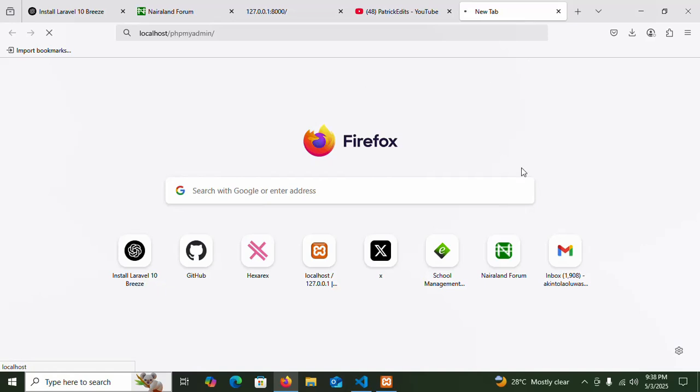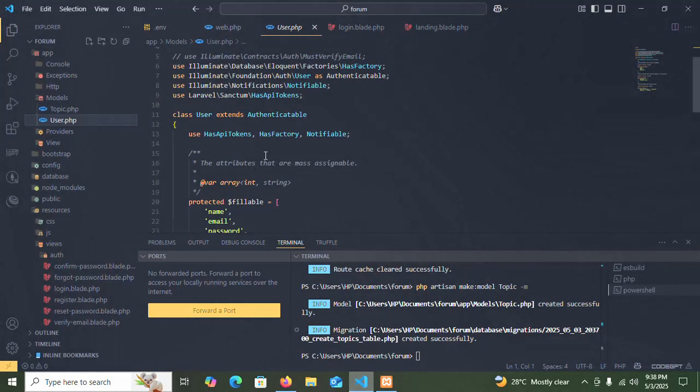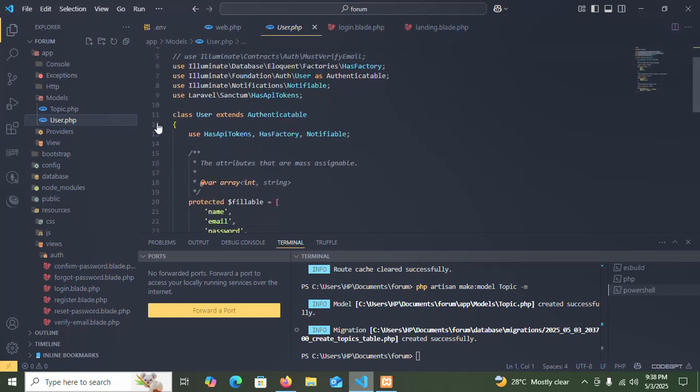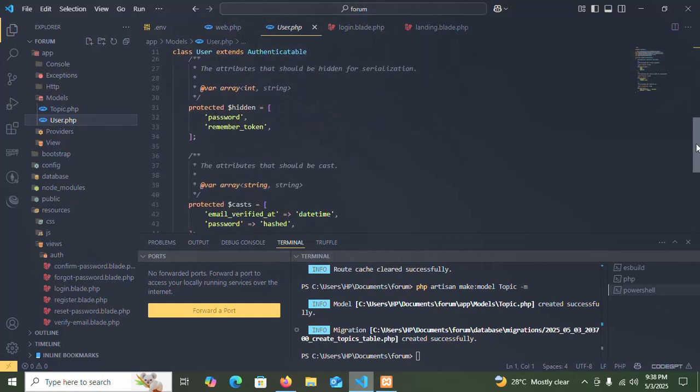So my SQL shouldn't take time. Now let me just go back to the page and then I'm going to show you what is going on. For example, this user.php model, this is the model that stores the credentials of a user whenever they are registered. That is, for example, if a user comes to the site and fills in their email and then they fill in their password,